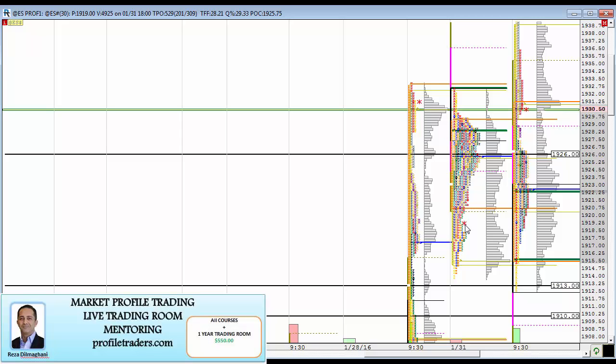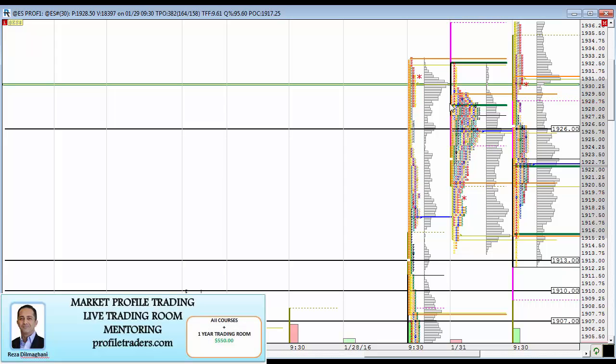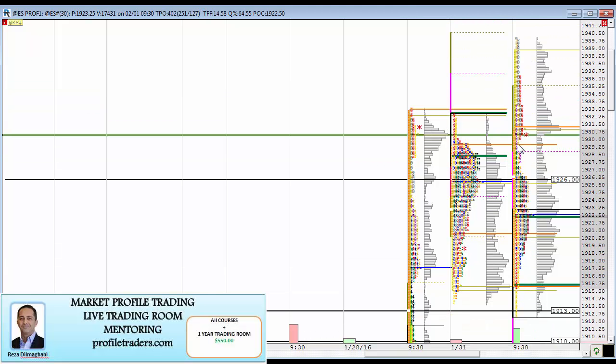with a close at the bottom range of the overnight low. However, because the session of Friday was so bullish, at that stage we did not know if price was going to find support when it would enter my area of support that I provided from the pre-market analysis to my trading room, which was 1913 to 1910. From that level, sure enough, the buyers showed up, reversed price, and then we got a very strong push